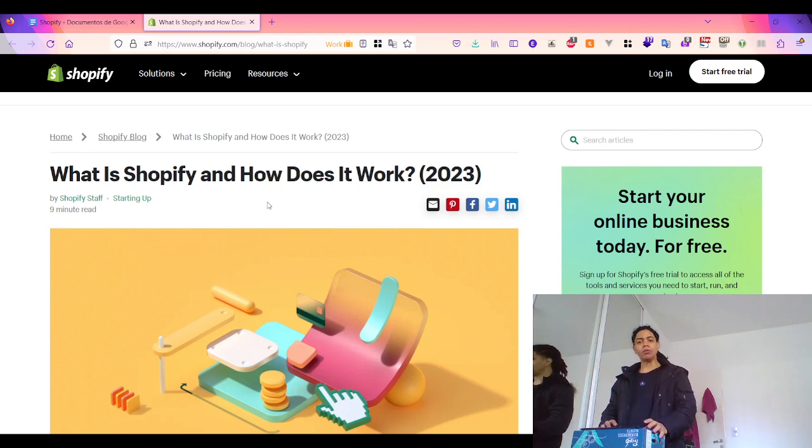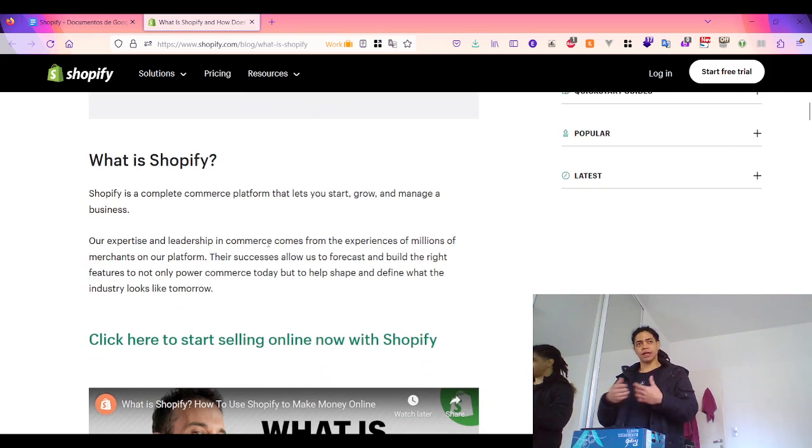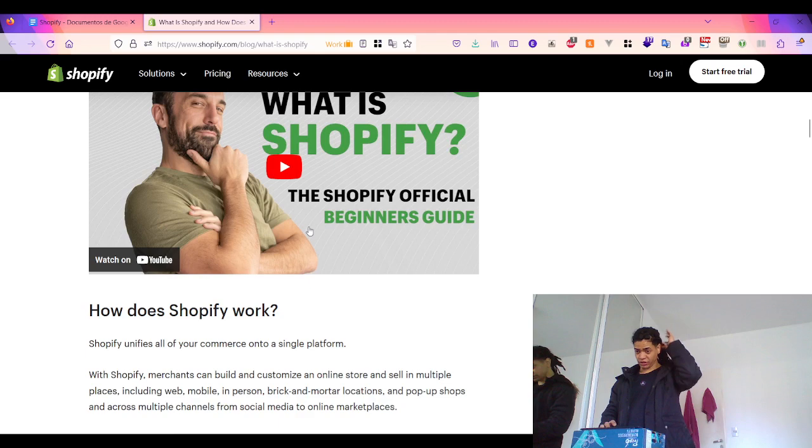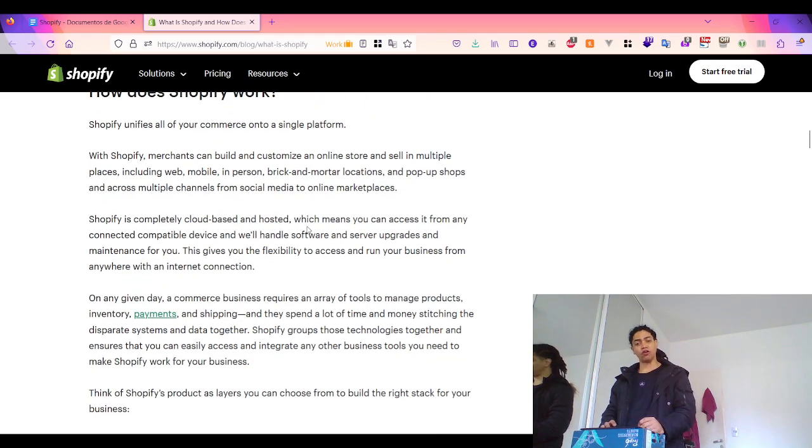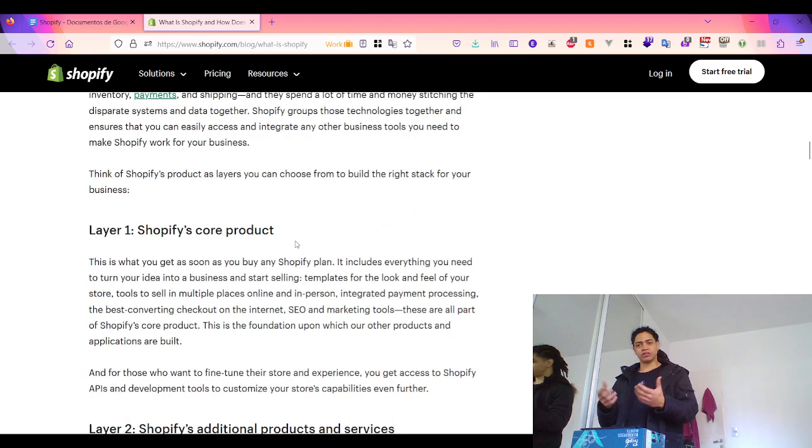Period. So the whole point of this platform is that it allows merchants to decide several sales channels that they can go with. You can think of Shopify as a set of layers. The first layer is the Shopify core products and service. What it does is reduce the complexity of having a commerce business, whether it is product management, inventory management, payment processors, as well as shipping. So this first layer, once you buy a Shopify plan, includes